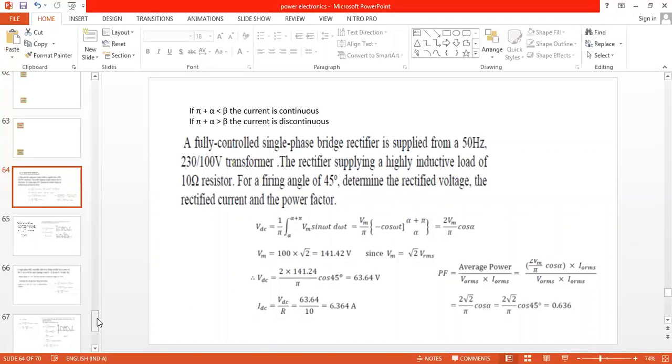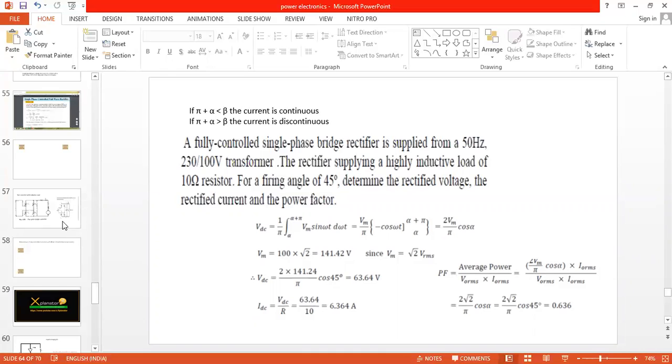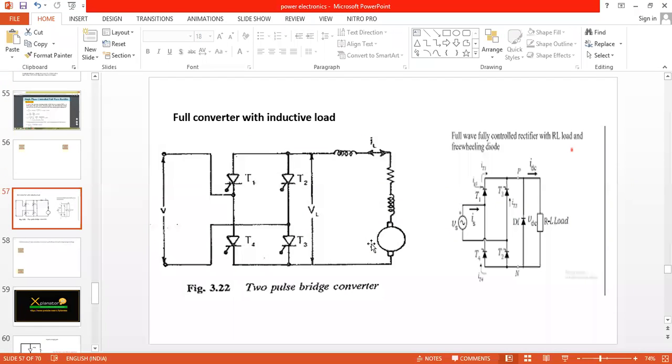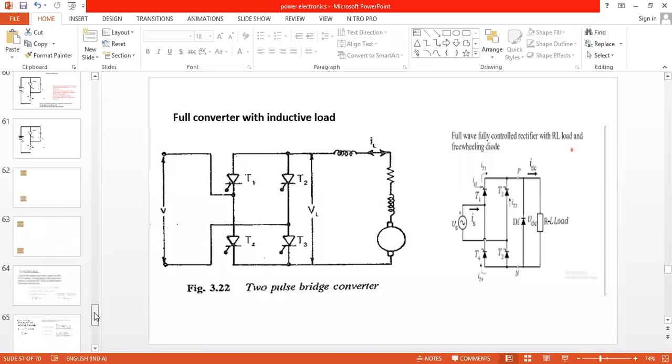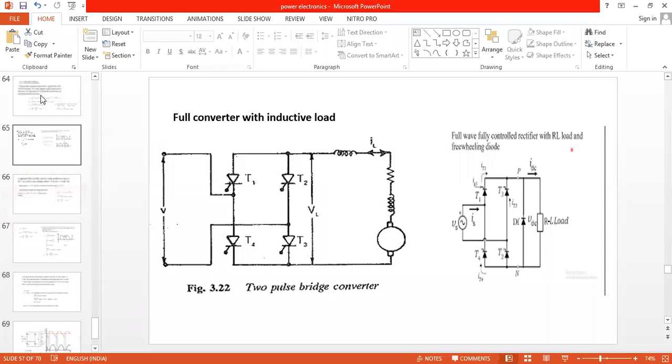So I will take you back to one particular slide which you have discussed. I hope all of you remember this slide. In this slide, you are able to see without freewheeling diode and with freewheeling diode. Whenever we require high voltages, we go with the second circuit, and when we require the motor speed to be controlled in forward and backward direction, we go with this circuit. So, fully controlled converter connected to the inductive load. In order to do the problem, we should have the knowledge of the circuit.